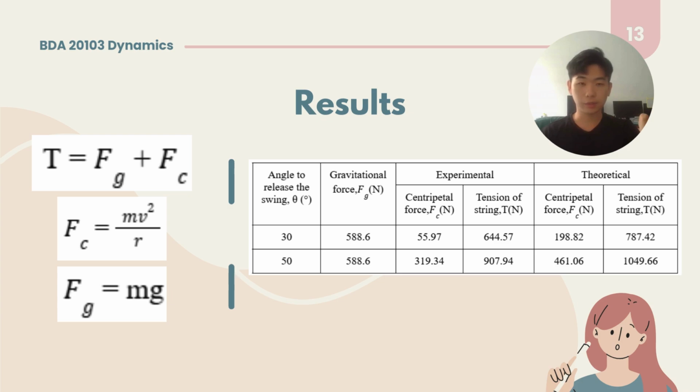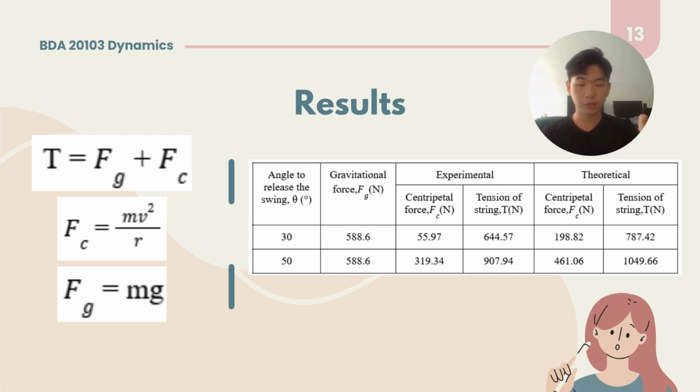After that, we calculate the theoretical result for the 30-degree angle. The centripetal force is 198.82 newtons, and we get the tension of 787.42 newtons. Then for the angle of 50 degrees, we get the experimental centripetal force of